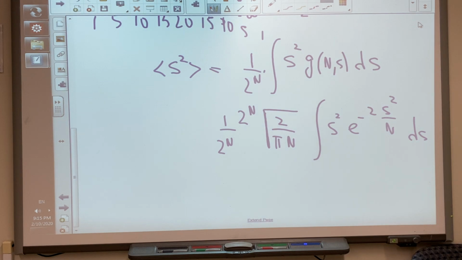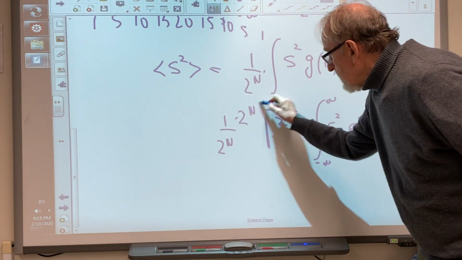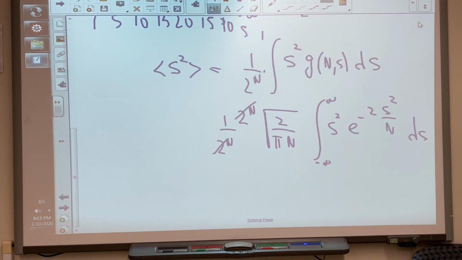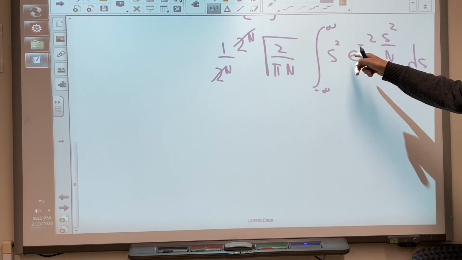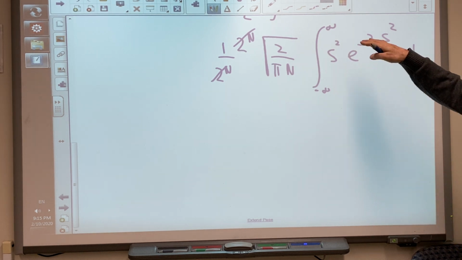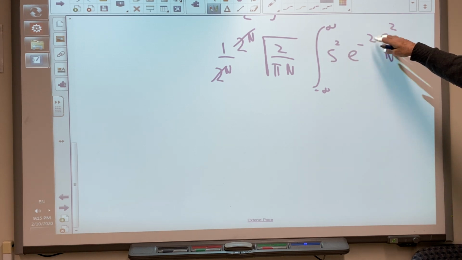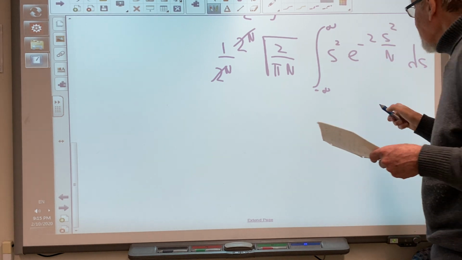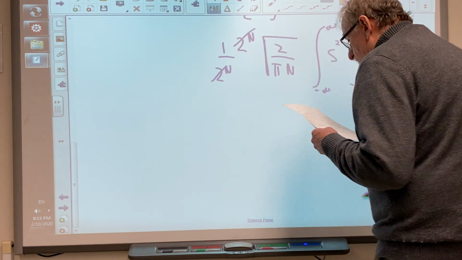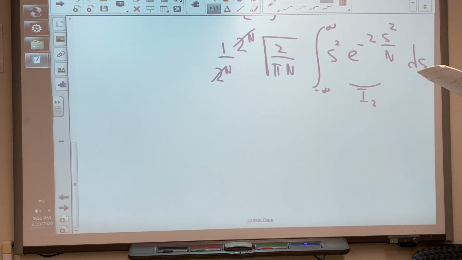Okay, so these are constants. By the way, these cancel precisely. And this is the integral you have to do. And again, these are the useful Gaussian integrals. This is the I2. Remember, I2 was something to the square times e to the minus that something squared alpha. This plays the role of alpha. So we know what that is. This is the I2, where the alpha happens to be the number 2 over n. So that is